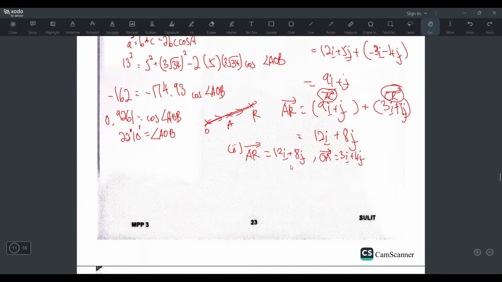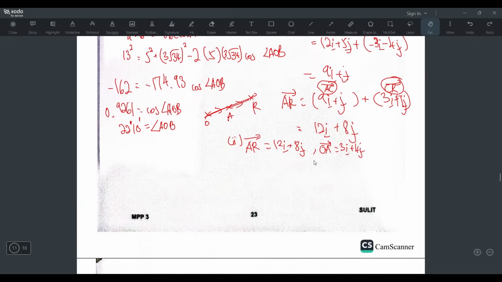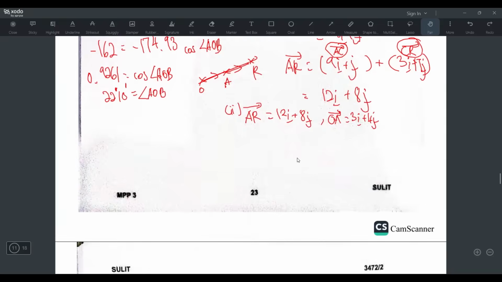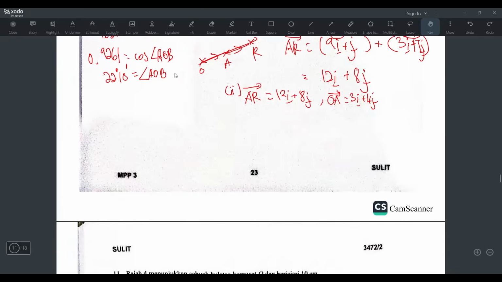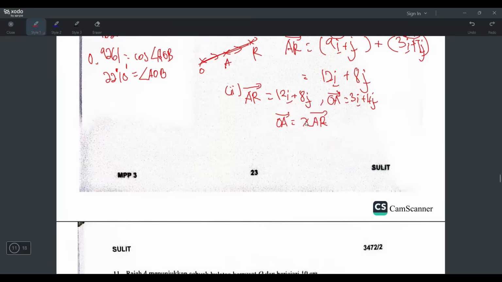Okay, now you have your two vectors. Now how do you prove whether they are parallel or not? To prove that, you have to take these two vectors equal and then put lambda. You put lambda because lambda represents the ratio, and later you have to find the lambda